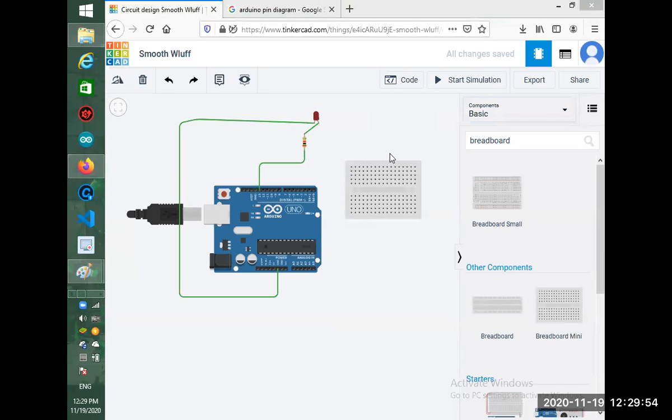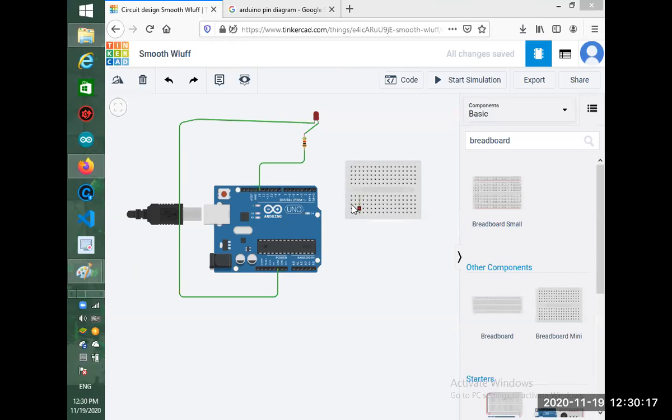I will use the circuit diagram to show you how the breadboard works and what it looks like. You can see these lines in the picture, and they are connected. It means if you put one end of the wire here and another end of an LED here, and then put it back into the ground, it will start working.